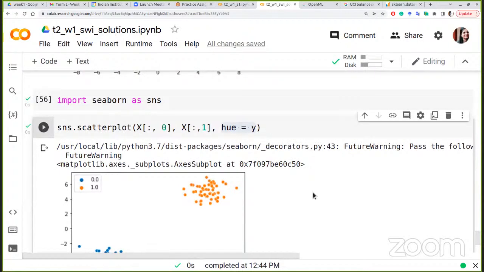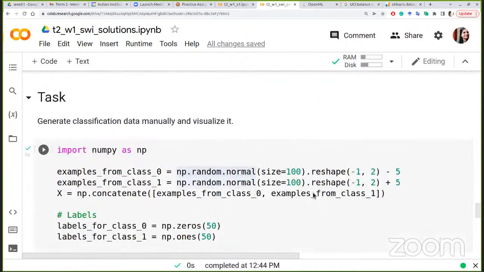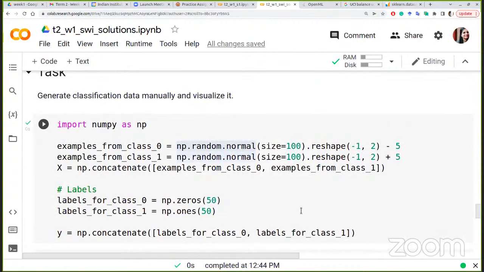So we looked at different ways of loading data in our code. So obviously that's the first step to any ML modeling. That's what we did in this week 1. If we have to build a model, we now know how to load data. We can either synthetically generate it, we can manually generate it like we did now, or we can load it from the set of toy datasets from sklearn,